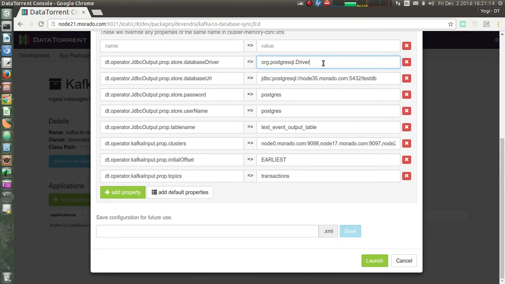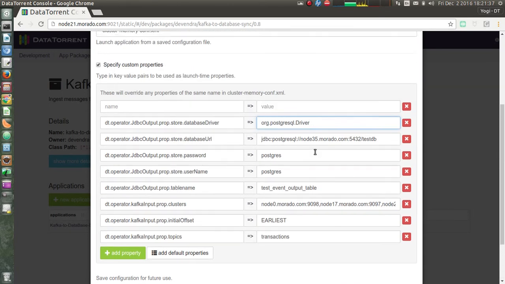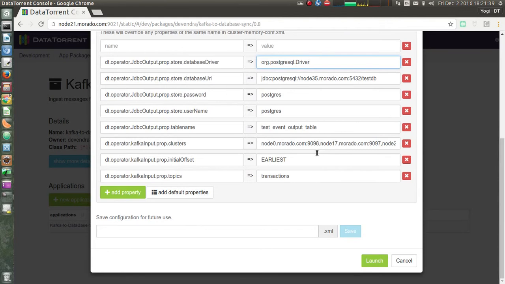This driver is bundled along with the app template package. But if you want to use a MySQL database instead, you have to supply the driver jar on your own. And if you are planning to use Oracle, you might need some code changes which are not provided in this app template.